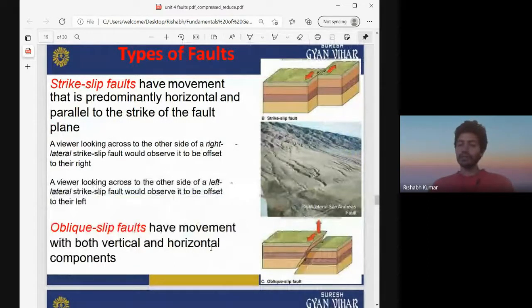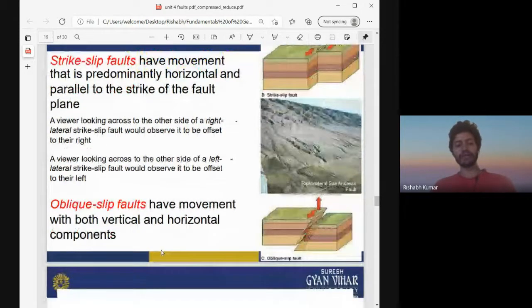In this oblique slip fault, both types of movement will be there, along the direction of dip as well as along the direction of strike. So it will go in between, not purely in the dip direction and not purely in the strike direction. It will move in between, right? So in this there will be both directions, dip direction as well as strike direction. So this type of fault will be known as your oblique slip fault and has movement with both vertical and horizontal components,